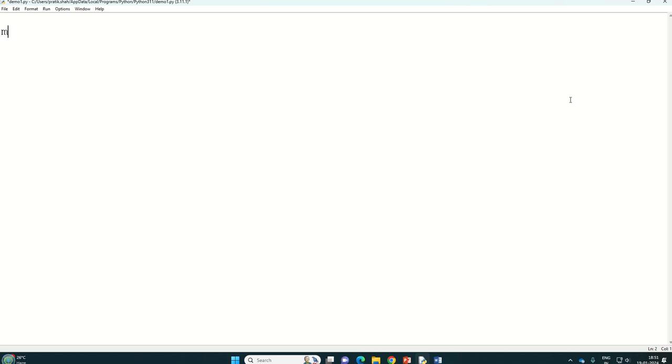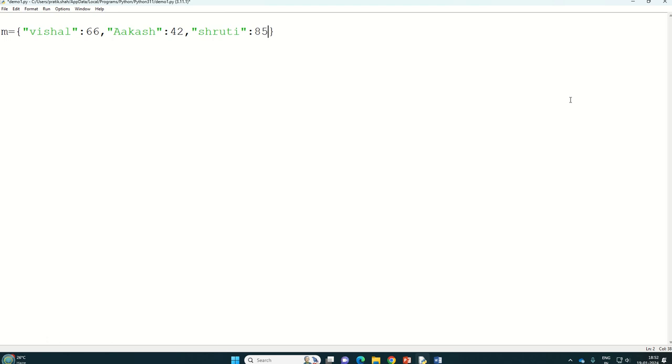So for example, I am writing m equal to, and curly brackets because of the dictionary. And if it is student name, for example, Vishal, I will write for example 66 marks. Then we can say Akash, will write suppose 42 marks. Okay, then one more student, Shruti, will write